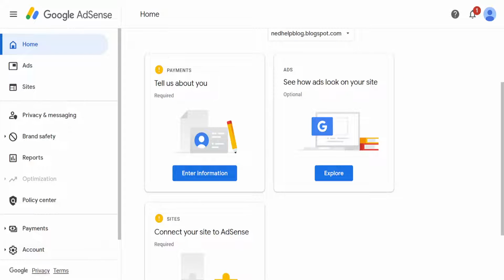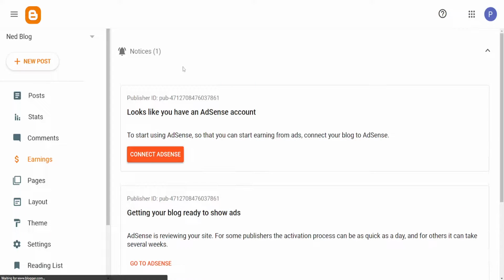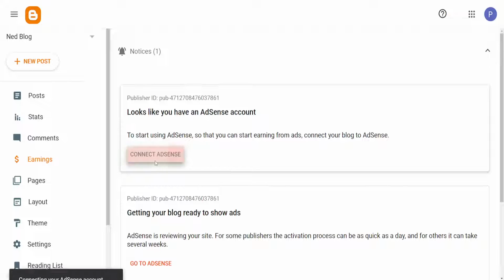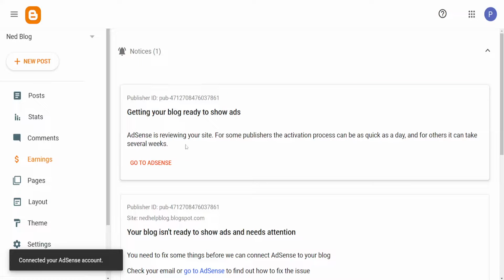Now if we go back to Blogger and refresh this, then it will give us this option: Looks like you have an AdSense account. To start using AdSense, you can start earning from ads, connect your blog to AdSense. If we click on this Connect AdSense button, then it will automatically connect it for us and take us